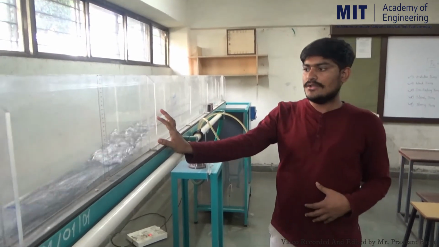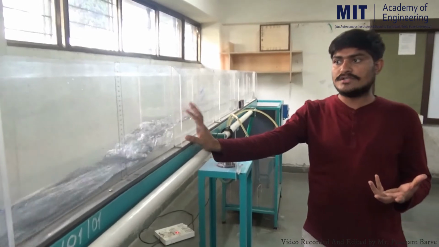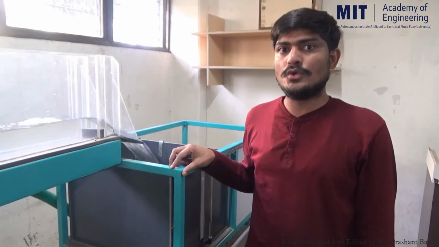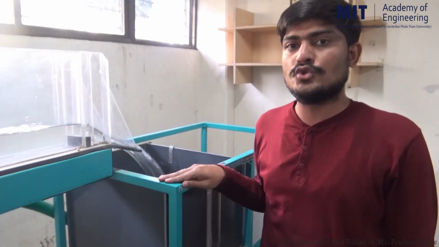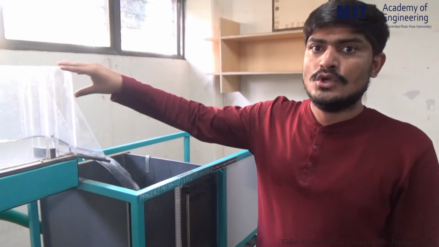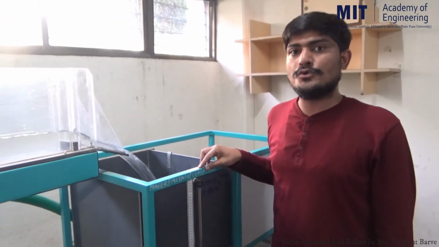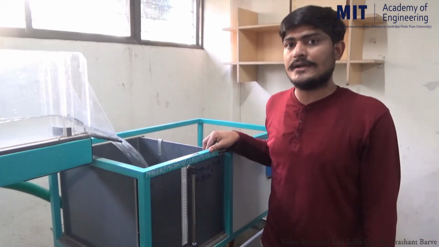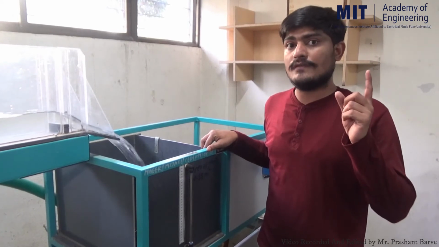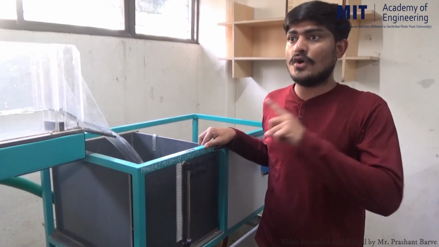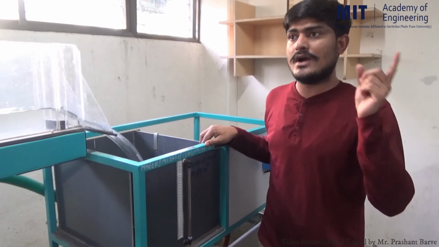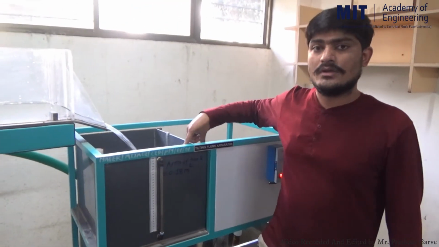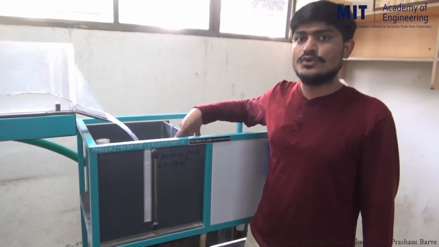I think you got the concept of how to form the hydraulic jump in the tilting flume and how to note down Y1 and Y2. Along with the observation of Y1 and Y2, we have to determine the actual discharge flowing through this channel. For this, you can refer to the video where I have told you how to determine the discharge by using a measuring tank, the video on determination of Manning's constant for a channel. In that video I demonstrated how to determine the discharge by using the measuring tank. You can refer to that video.